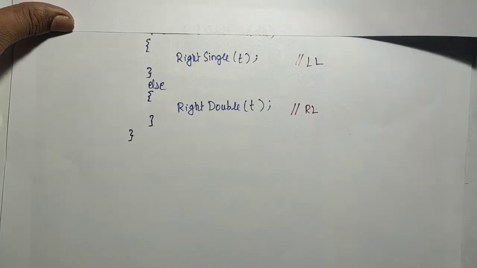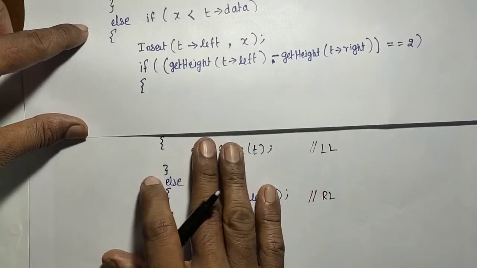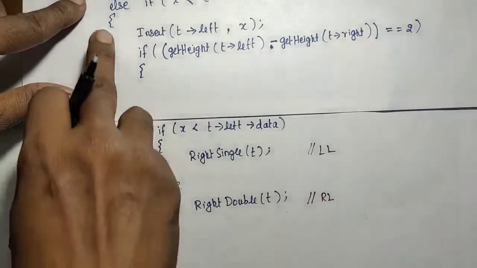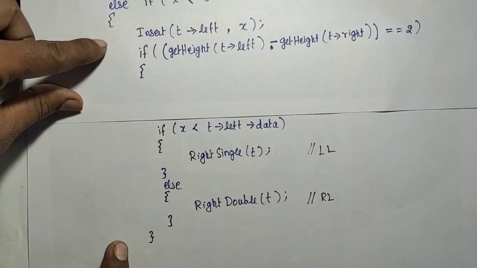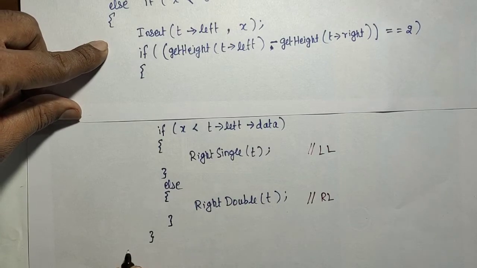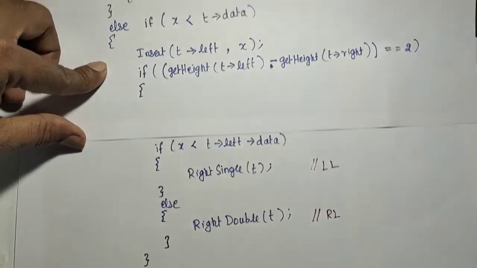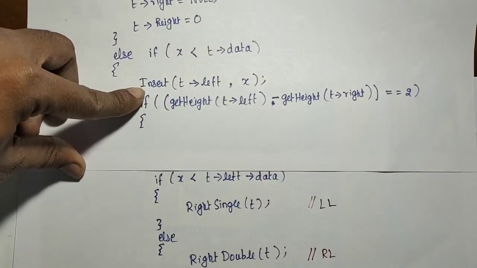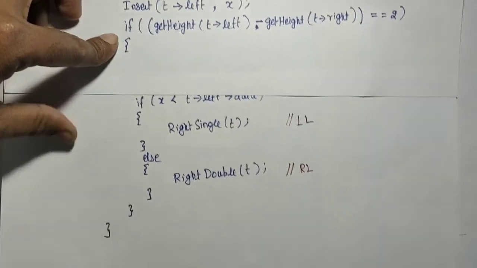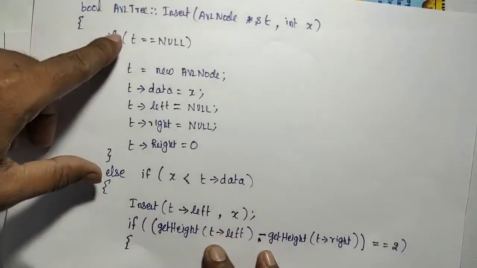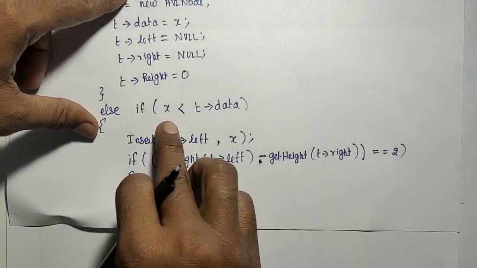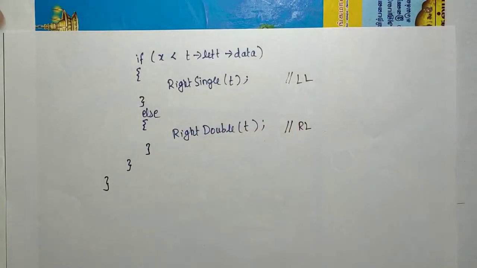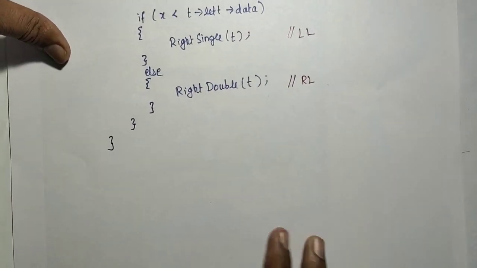Okay, we have to complete this if. Now I need to complete this else part. This else part is over, that is x of data is less than. And what is the third case? First we checked t equal to null. Next we checked x is less than data. Then we have to do these things. Another one: else.